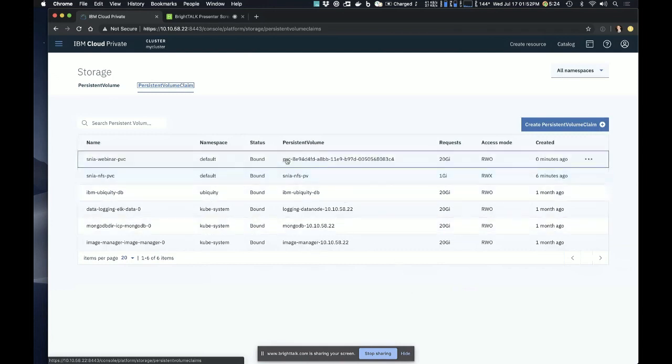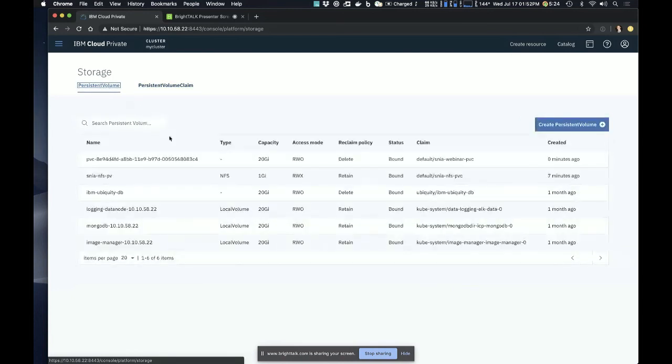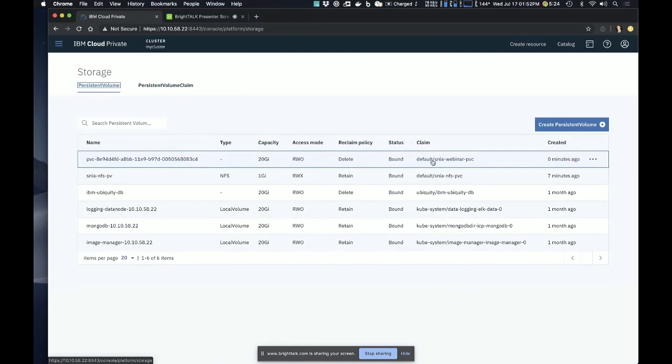But here. So again, I didn't have to do the persistent volume here. You'll see here, there's this PVC-UID that got associated and created. And when I come over here to my persistent volumes, see here I have, it's been bound and claimed, and the reclaim policy is delete. That's my default. I left it in the storage class. So essentially here, I've dynamically provisioned a 20 gigabyte LUN on my storage device.